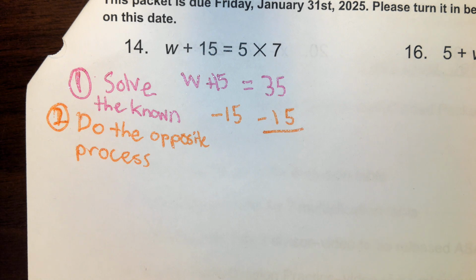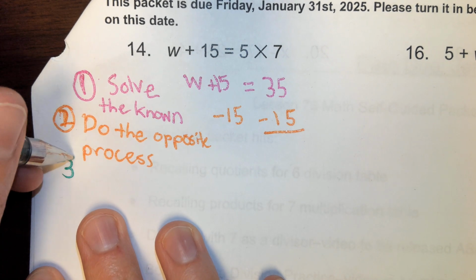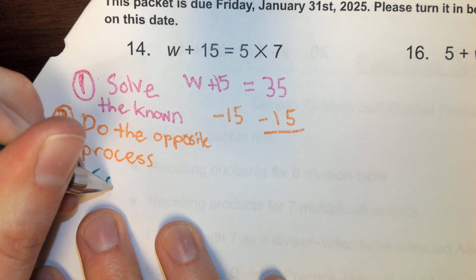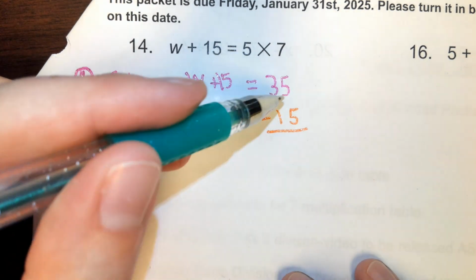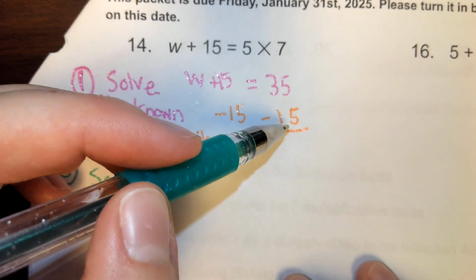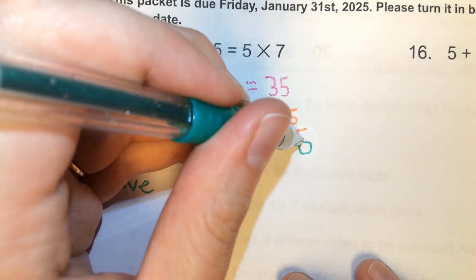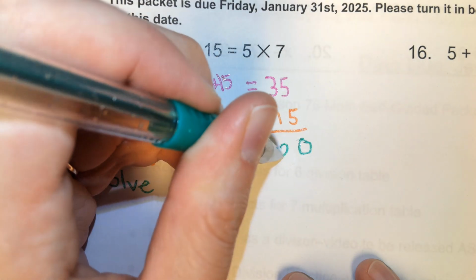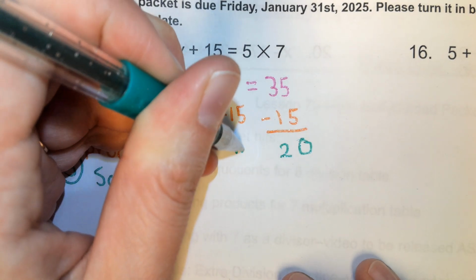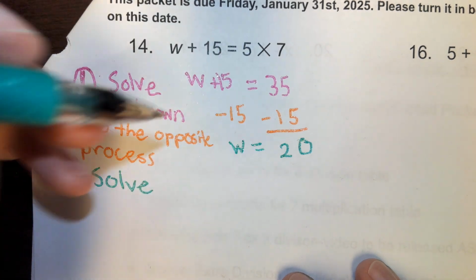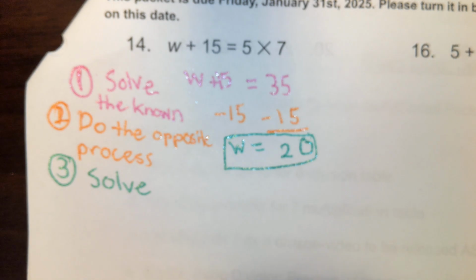Okay. Number 3. We're going to solve this guy. So 5 minus 5 is going to be 0. 3 minus 1 is going to be 2. And then this is just going to be w is equal to 20. But we're not quite done yet,